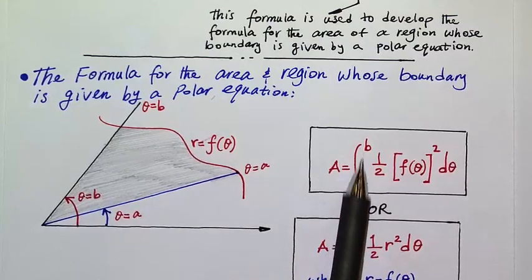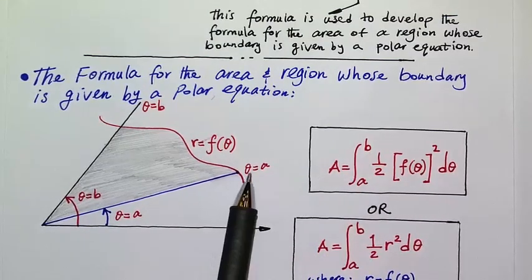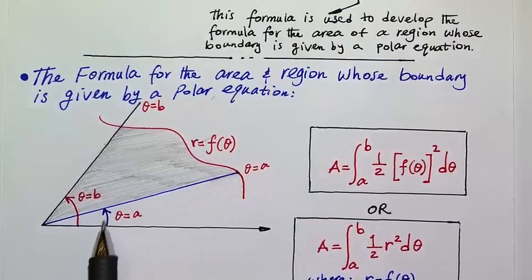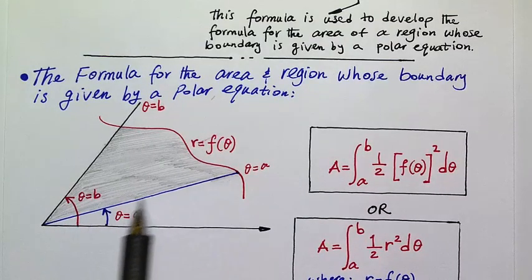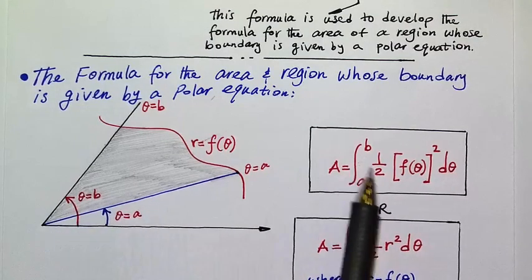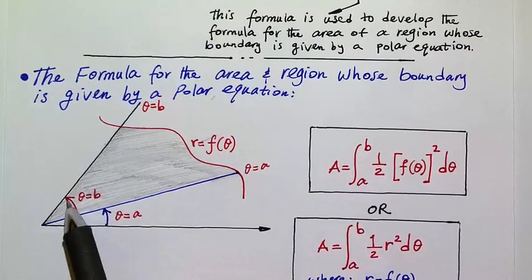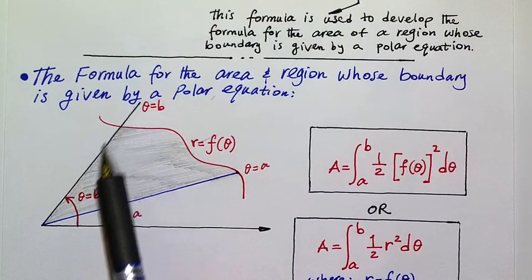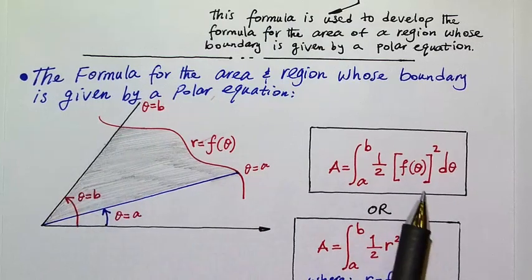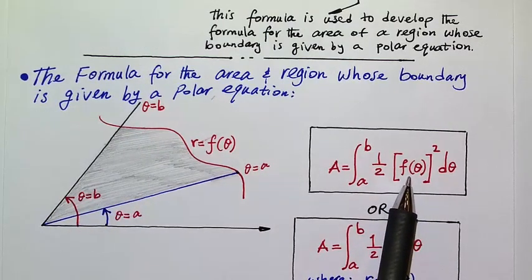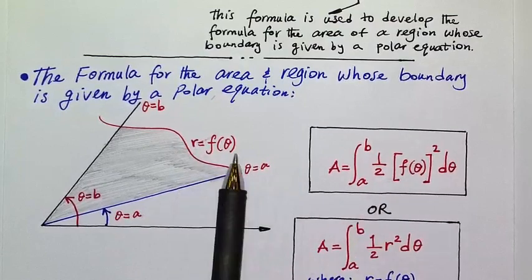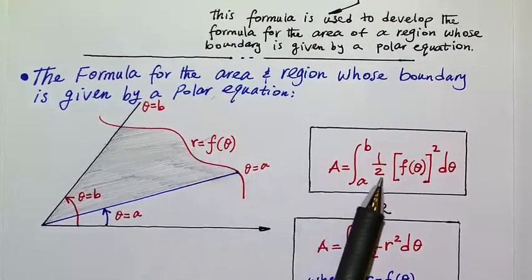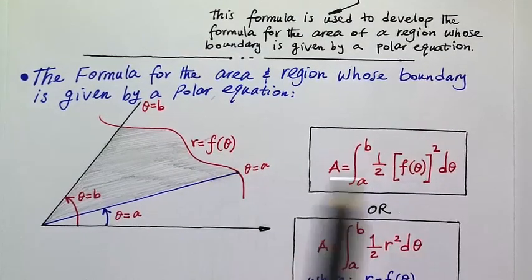Notice that the boundaries of the integral are from theta equals a, measured from the positive side of the x-axis to this boundary of the region, and then theta equals b, which is the upper limit of the integral, equal to this angle from the positive side of the x-axis to the other boundary of the region. And of course, f of theta is the equation for r in terms of theta, so we square that